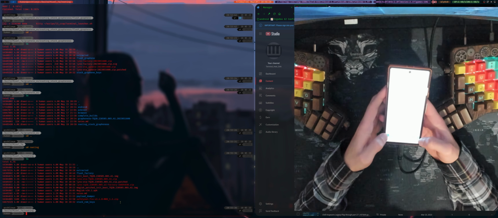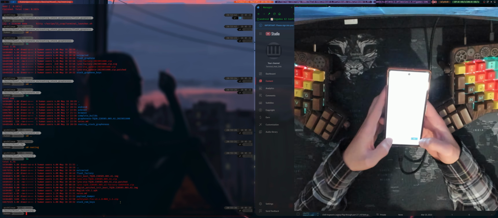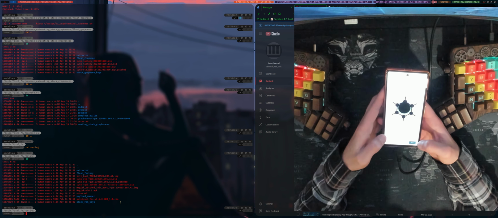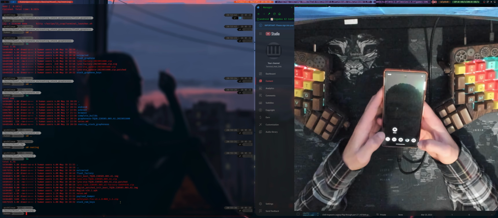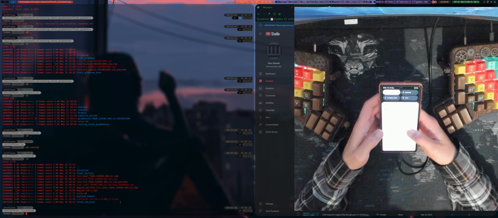Next, fingerprint sensor, skip. Protect the phone, skip for now. Restore apps, skip for now. Then start. All right, great. So now that we're in here,